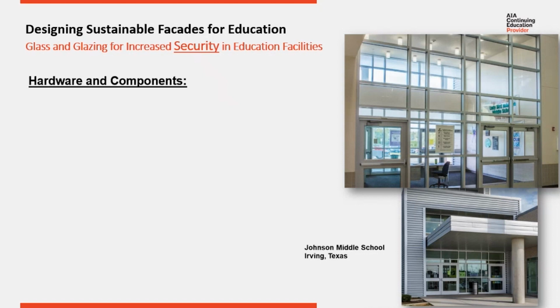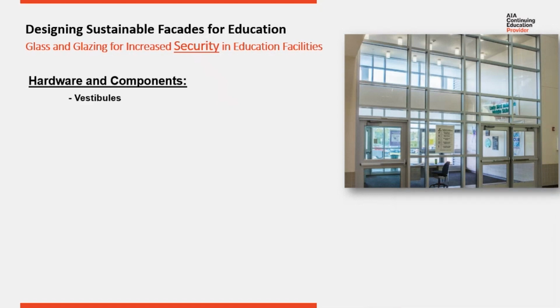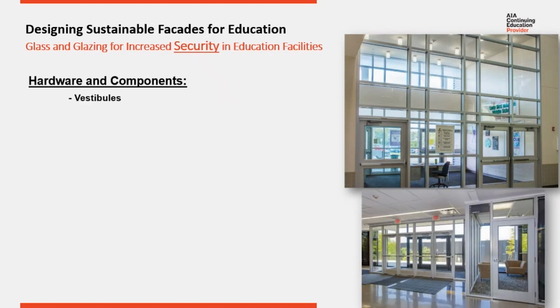There are numerous options available for aluminum entrances that can enhance security. Vestibules are built with sets of entrances with a space between them. In the upper picture, you can see there's a security desk in the center so that a security officer sitting there can lock down the entrances if required. The lower shows an application where a metal detector on the exterior entrances can lock down the interior one if